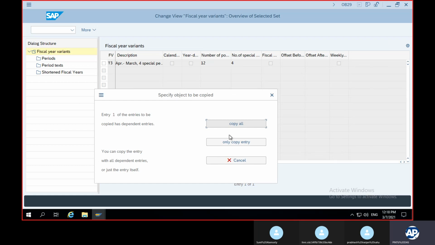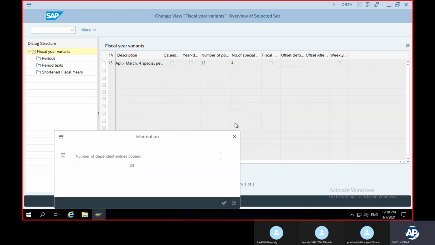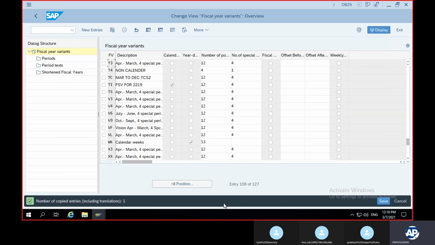So since I've copied it, I have to copy all here. So T3 is my fiscal year. What I've taken, T3 is my fiscal year variant, 12 periods and special periods. Okay, clear? Now first I have to save this. After saving this,